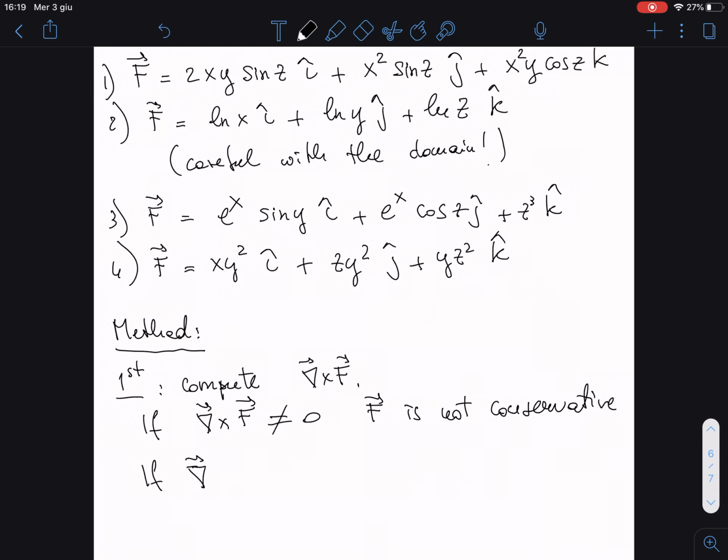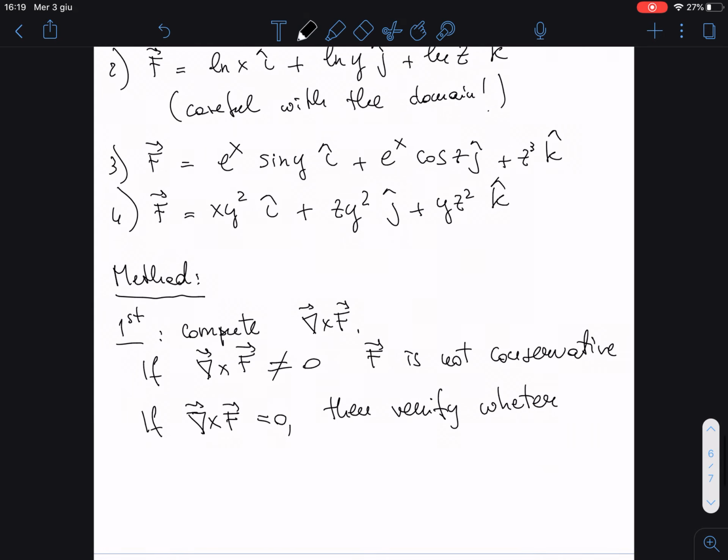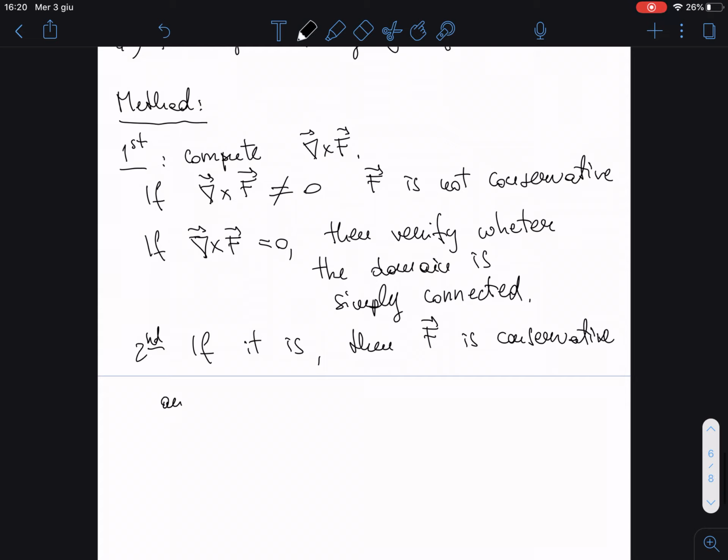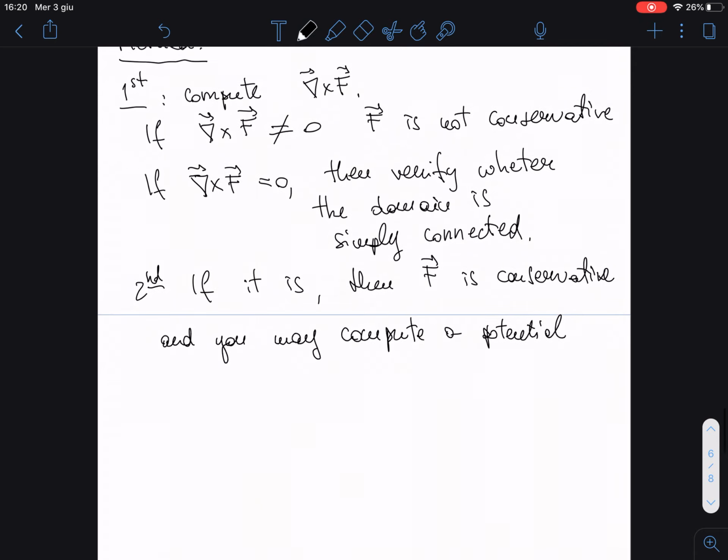Second, if the curl is equal to 0, then verify whether the domain is simply connected. If the domain is simply connected, then F is conservative and you may compute a potential. If it is not,